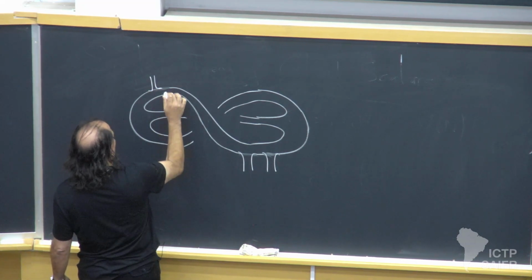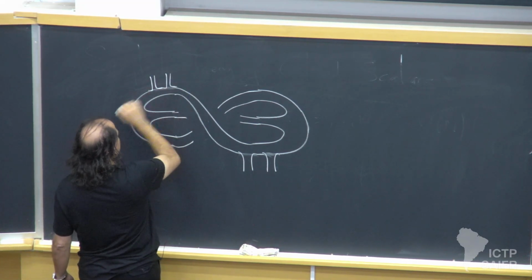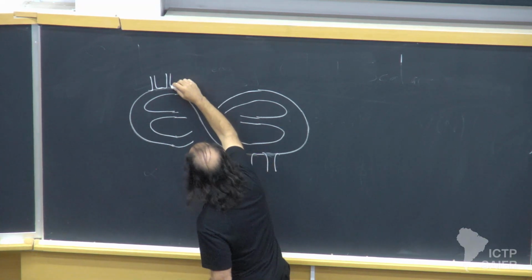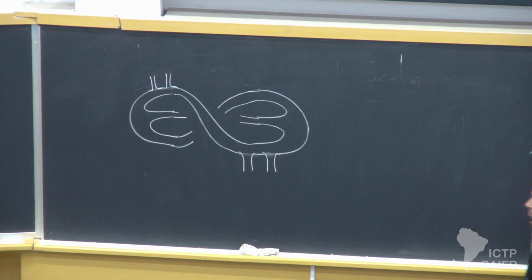Put these things anywhere I want, but let me just make my life easier and put them like this. Okay, so here is another contribution to a 4-point amplitude. Now at 2 loops, okay,